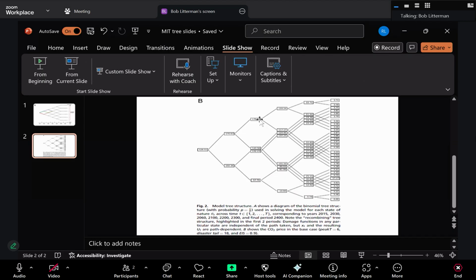Now, we also have technological change going on, and so it becomes cheaper over time to remove emissions and to pull them out of the atmosphere. But what happens is you get a dynamic where basically the expected price is high at the start because you have to prepare for all of those potentially bad states of nature, and then over time the price goes down, both because of technological change, but also because you've followed an optimal policy. And it's an optimal policy assuming optimal policies at every point in time.